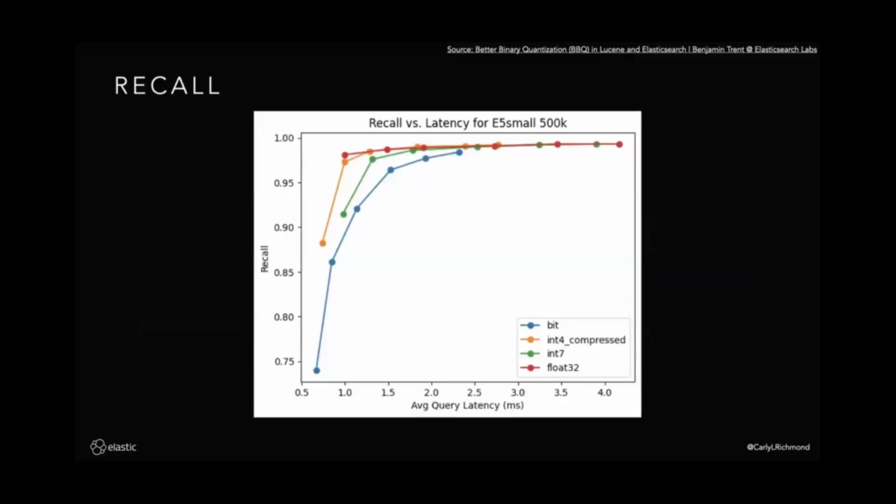The recall versus latency was quite interesting from some of the stats that Ben did as well. What you can see is that the base recall started at 0.75. As search researchers in this area, we'd probably want to boost that a little bit, but that was certainly something that was noticed. It starts off at 0.75 and then climbs. As the average query latency increased, we also saw an increase in the associated recall. Does that make sense?